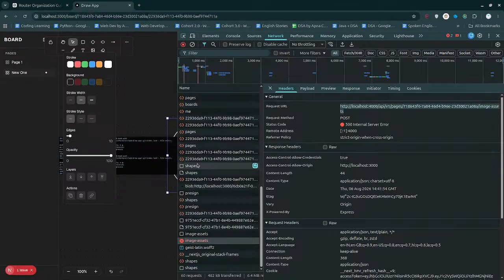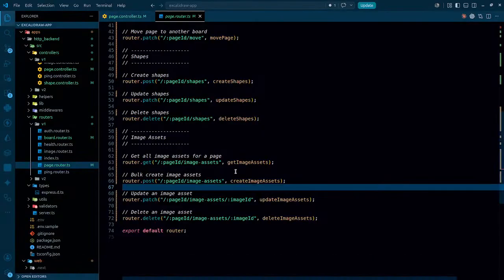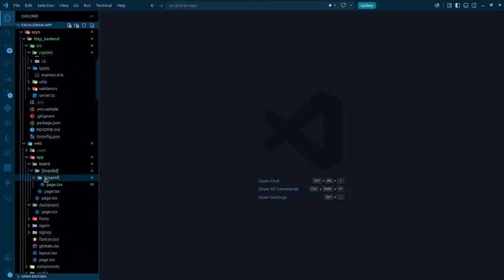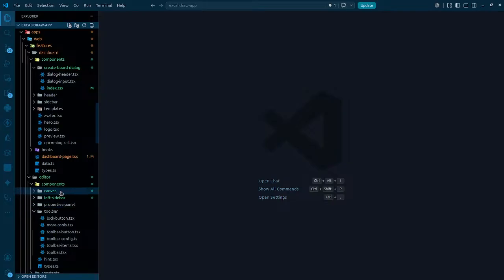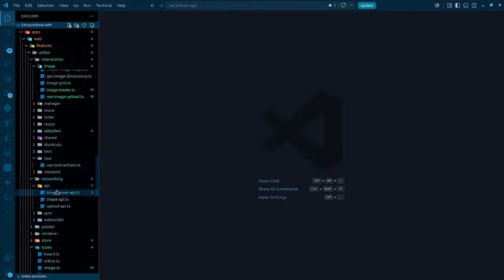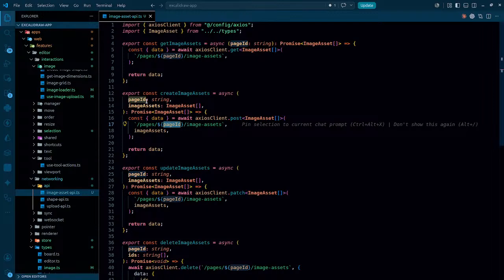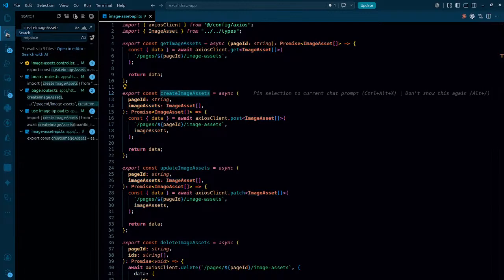When we are sending the request, we are passing the board ID. Come on, board ID. So whenever we are sending the request from the front end side, inside image asset API. So though we have changed it to page ID, but whenever we are creating the shape image asset,